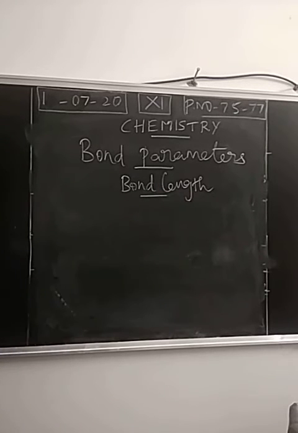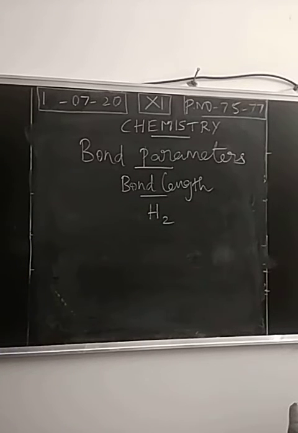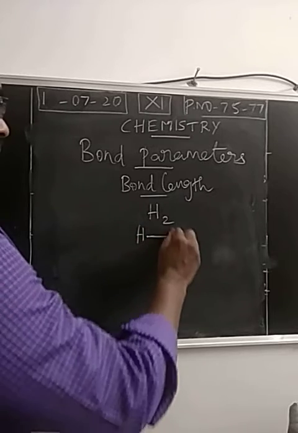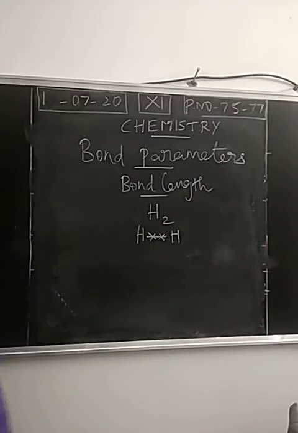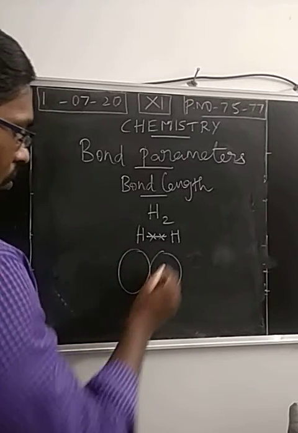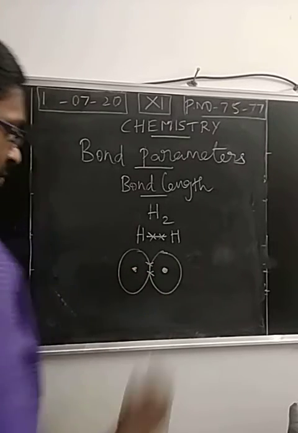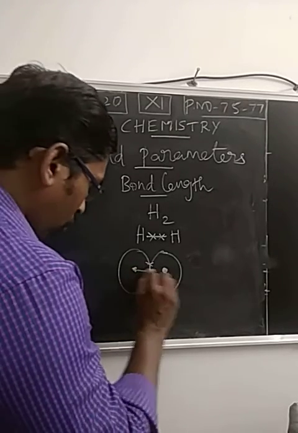So first we take bond length. Each one is a 2 mark question. So what is bond length, bond order, bond angle as well as bond enthalpy? Bond length means, consider a covalent molecule, right? For example, if you take hydrogen, this is a covalent molecule. 2 hydrogen atoms are mutually sharing electrons. Covalent bond is formed between the hydrogen atoms, right? So mutually electrons are shared between the hydrogen atoms. So there is a formation of covalent bond.